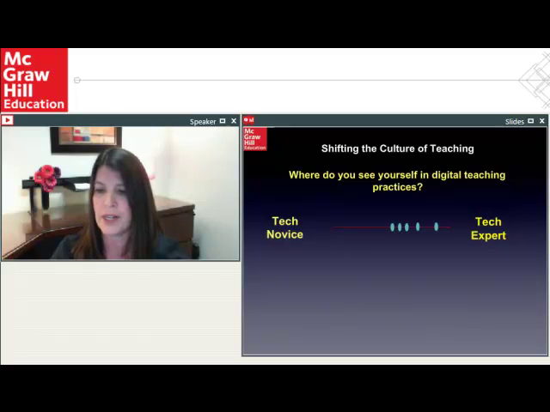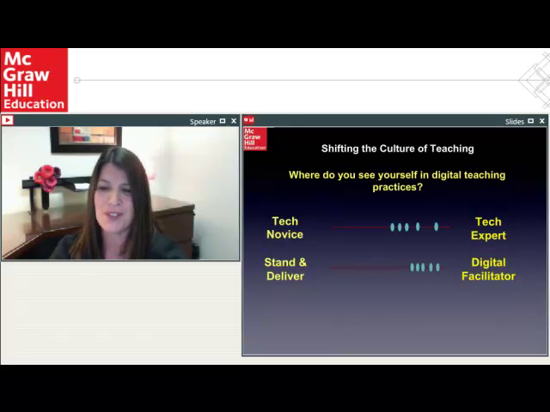So when we talk about integrating today, we're going to be talking about going from a tech novice to more of a tech expert with the various ed tech software, devices, and mobiles that are out there. We're also talking about moving from traditional stand-and-deliver teaching methods to more of a digital facilitator, learning various ways to manage the classroom, as well as bringing technology to the forefront of learning.